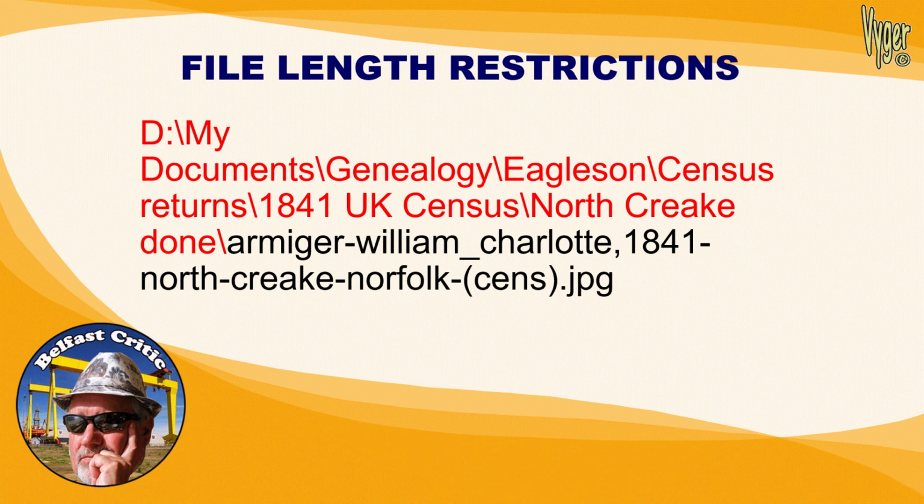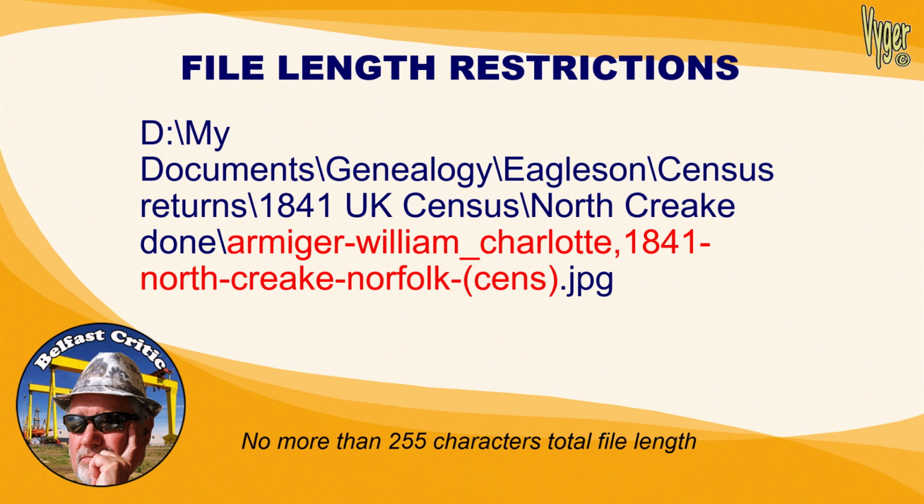It contains the name of the head of household and the given name of his wife, and therefore the partnership. It contains the year of the census return and also the district of the census return. I can search my file system for Armiger, 1841. I can search for Charlotte, Norfolk. The possibilities are many. I mentioned tags earlier for home files, and at the end of that file name, you'll